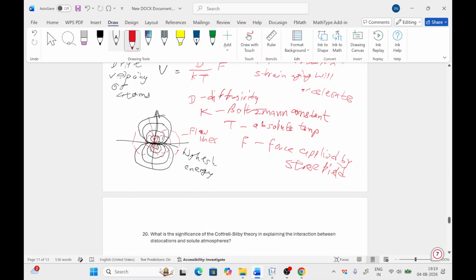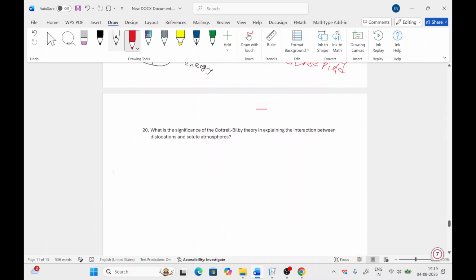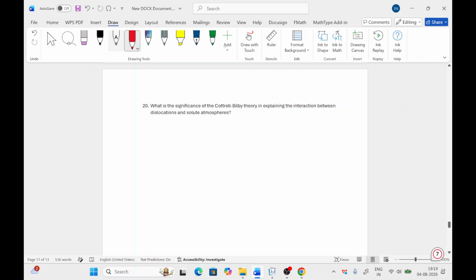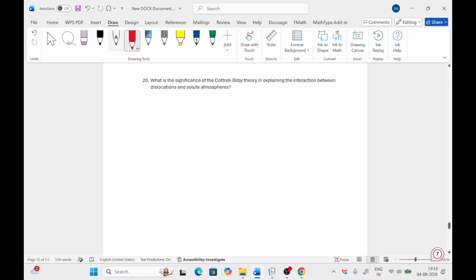Okay, so next question is, what is the significance of the Cottrell-Bilby theory in explaining the interaction between dislocation and solute atmosphere? So the Cottrell-Bilby theory extends this energy gradient concept further. So it tells us